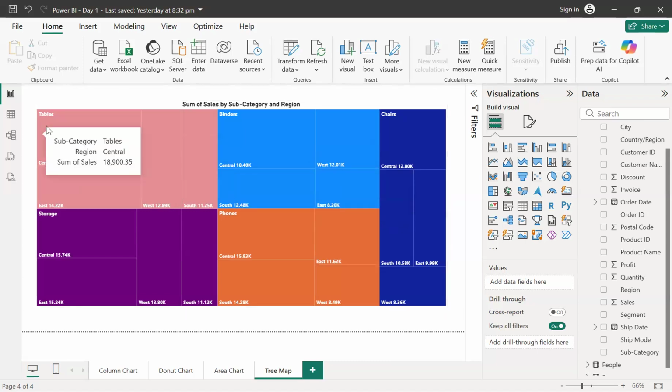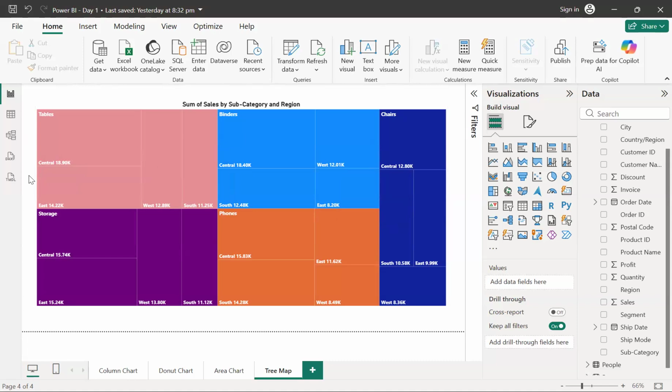Okay, so if you look at the tables, this is one subcategory from where we are getting the maximum sale. But if I divide that total sales region wise, you can see that the maximum sale is actually coming from the central region, followed by the east region, and the minimum sale for the tables category is coming from the south region.